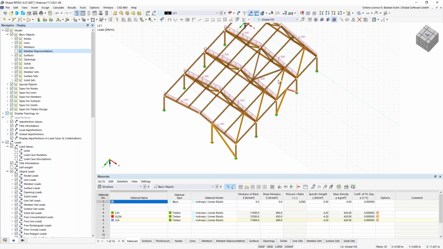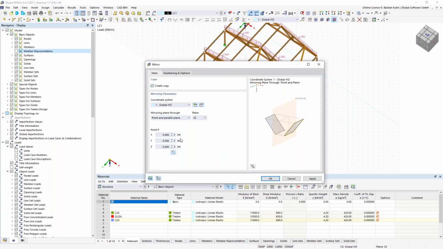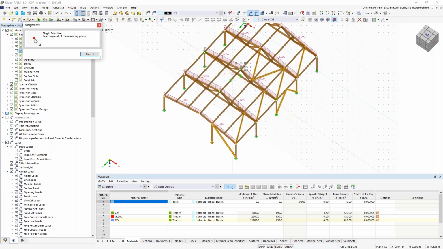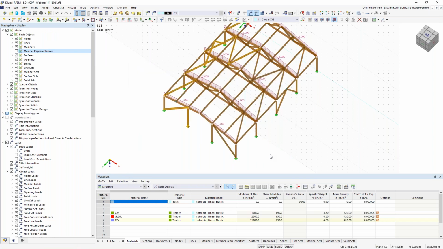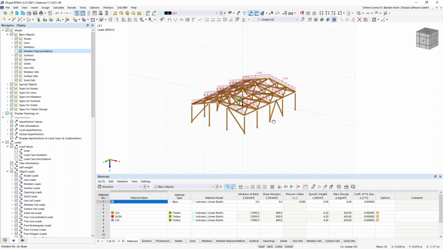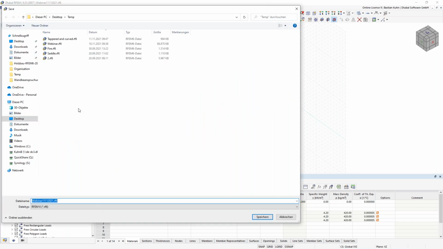So this, and this, and now we mirror it. We create a copy, and we use the YZ plane and copy it directly at the ridge. All right, so now it's there. We can make a little test and save it